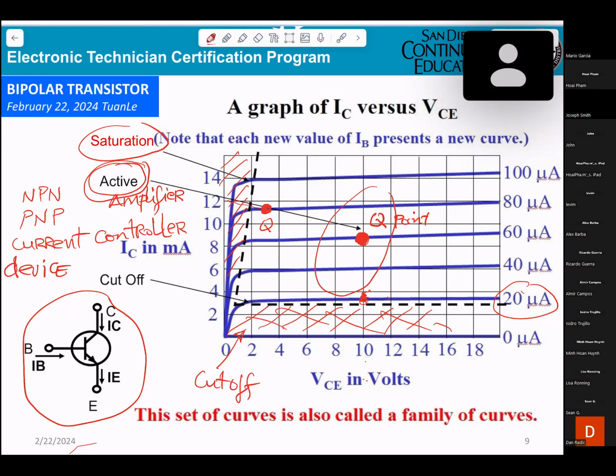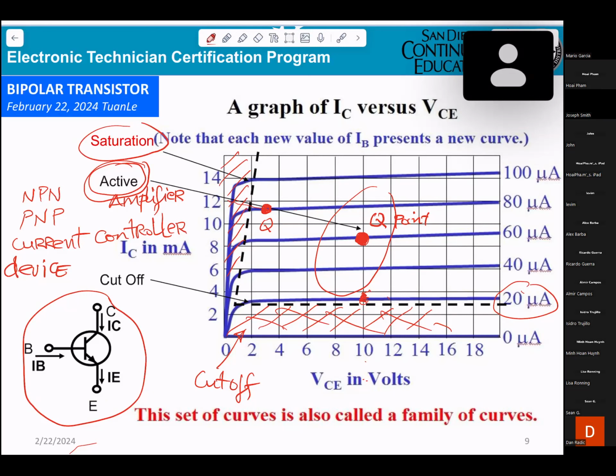Therefore, when engineers design, they pick the point here. They already get the IC, the VCE and IB, and now they have to pick the resistors, RB, RC, RE, to make sure it cannot be saturated and cannot be cut off. However, guys,